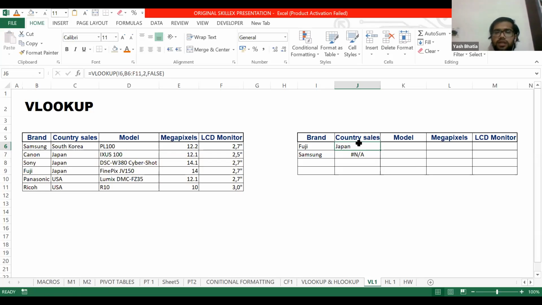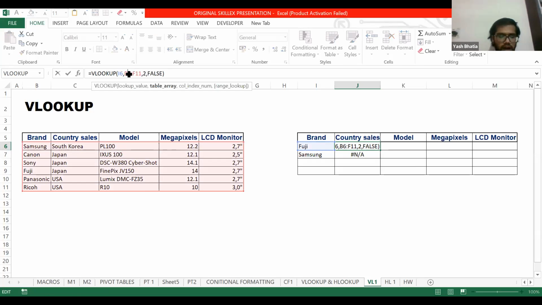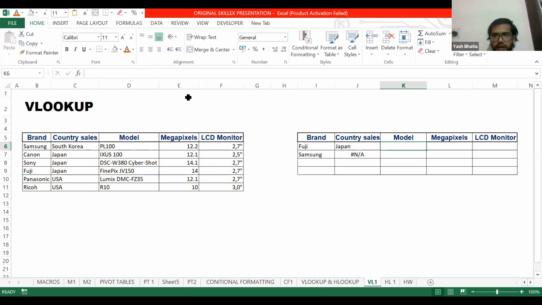We need to fix the table reference. I use absolute referencing to fix the references of the source table. Now it's done. Let's copy the formula again and paste special. Now it's correct. It's showing South Korea. Great. Till now we are doing great.